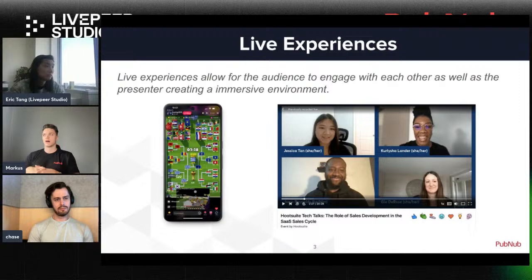It's never just a stream. It's always way more than that on these other applications. And even using StreamYard here, we can see that there's a chat on the right hand side. There's a lot more that goes into